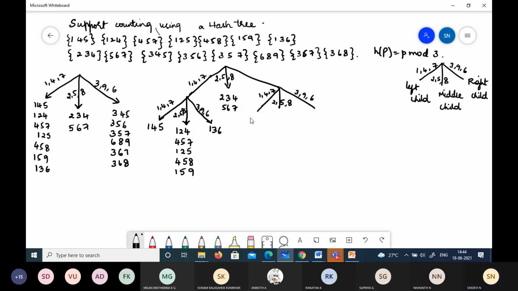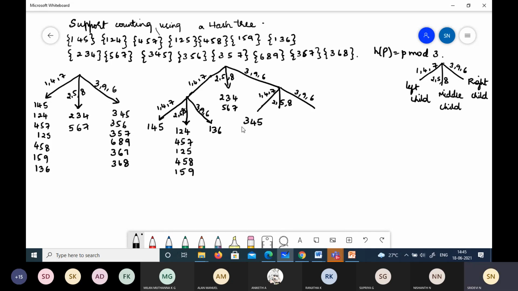Middle, ma'am. Middle one. So no. Left, ma'am. 3, 4, 5. Yes, left one. Because the second digit we are considering in the second level. First digit we have taken and we have got to know that it belongs to this. Now here further we are dividing because we have more candidates here, where each level can have only maximum 3. Fine. So we will put 3, 4, 5 here. Then next one, 3, 5, 6.